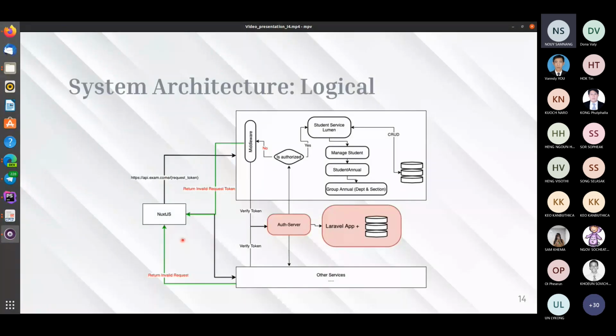Logical system architecture. In this architecture, we have Node.js as the client side. When the client wants to access a student service, they need to request a token from the authentication server. If the verified token is authorized, then the token is stored in the database temporarily. After some period of time, the token will expire. And if the verified token is not authorized, then the server will return an invalid request token through middleware to the client. Next,